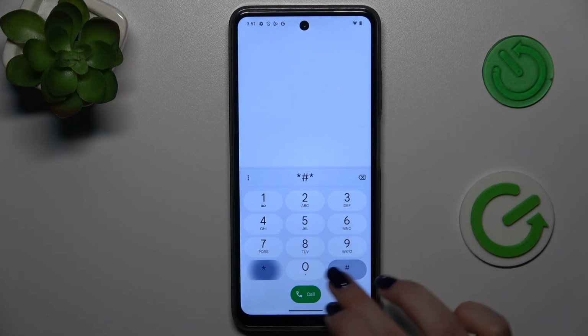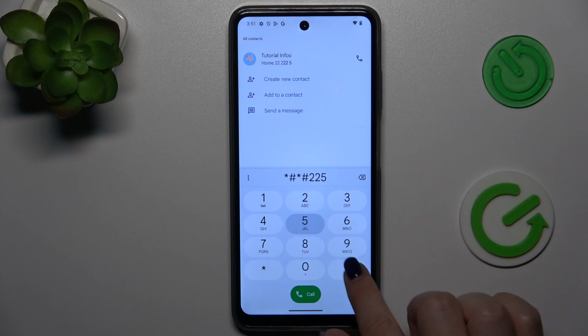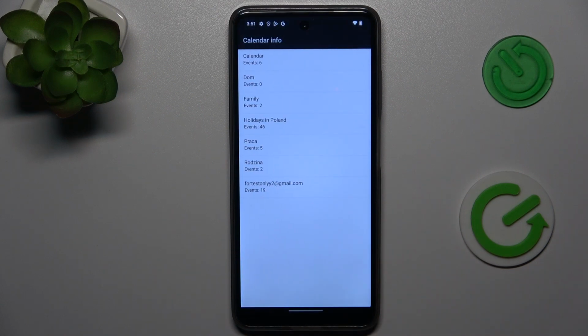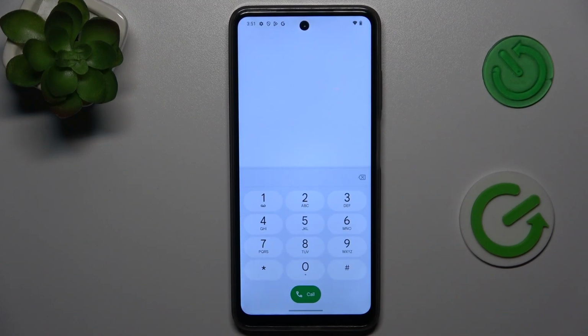It is *##225#*##. And here we've got the calendar info, so here we've got all the events gathered in one place. We can check some family events, some holidays in your country, or events attached to your mail. Let's go back, and another code,